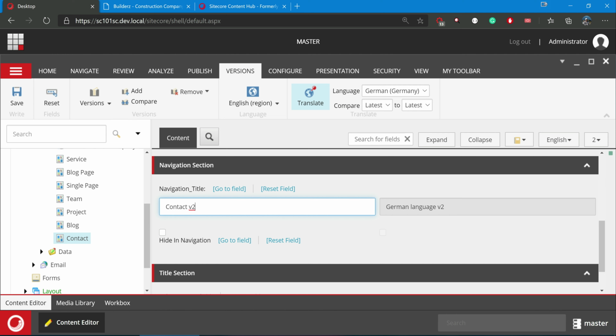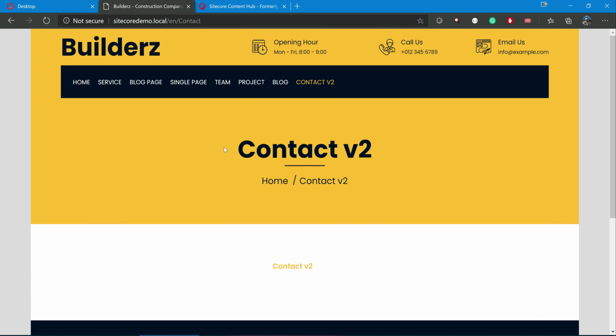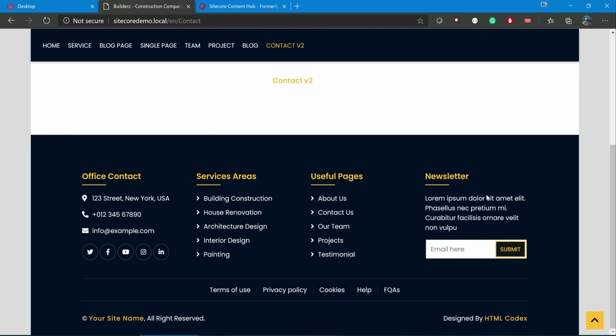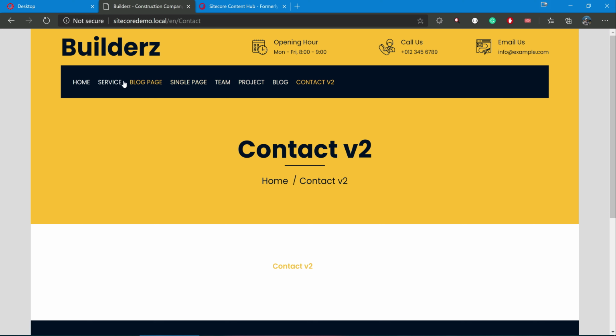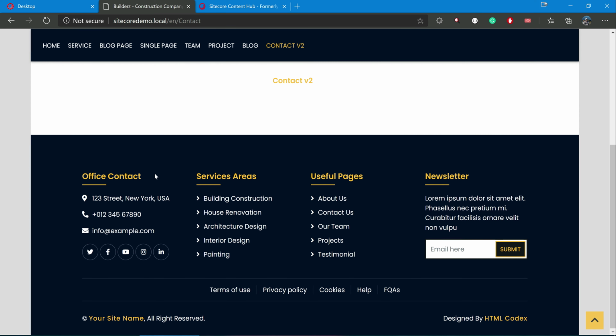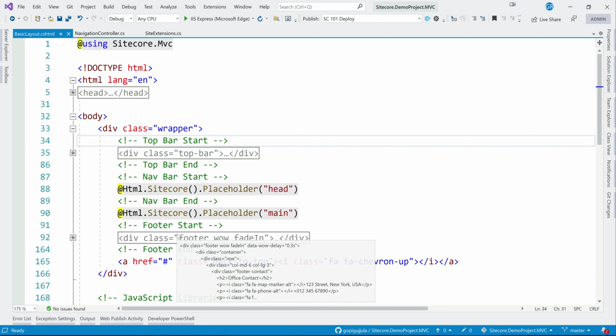Just before wrapping up, one more thing. You might question why, in this builders section and at the bottom, the language has not changed. Remember, these are all statically placed components. This builders section, this home top bar, as well as the footer, are statically placed on the layout. You can see here this top bar as well as this footer.